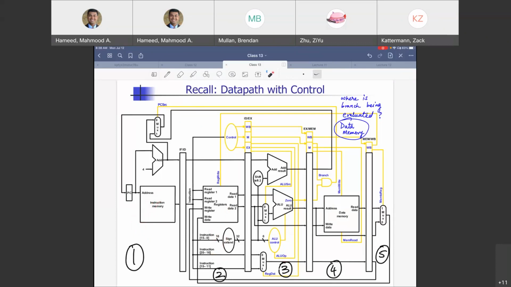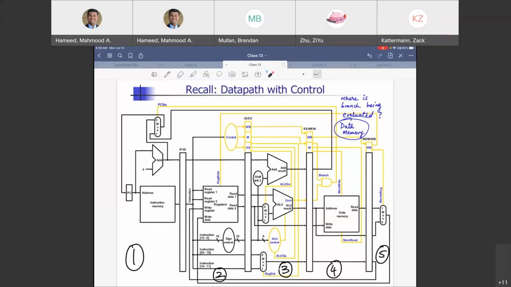Uninvited guests. We may need to work on them, or we may not need to work on them. So one idea you can do is this. One methodology is this. Let us try to change our data path a little bit. Essentially bring this a little bit before, like try to make that branching evaluation earlier. That is one way to reduce the number of instructions that you have sort of wasted, that you may need to flush out of the pipeline.